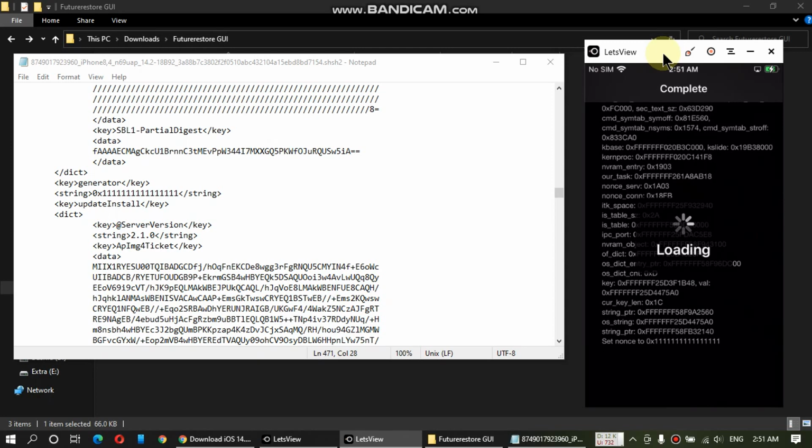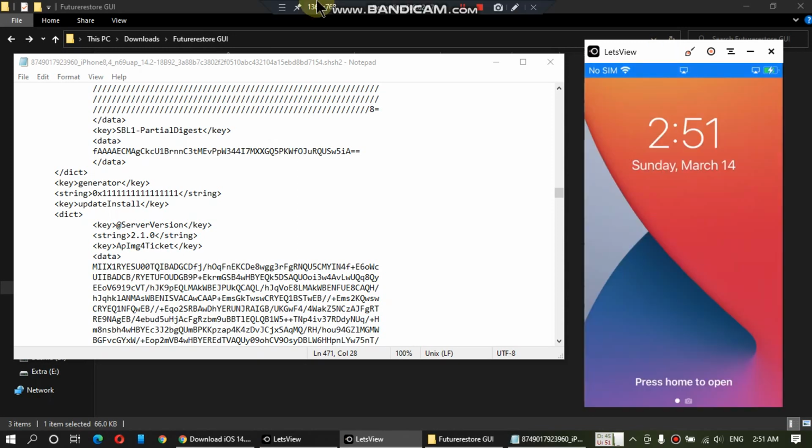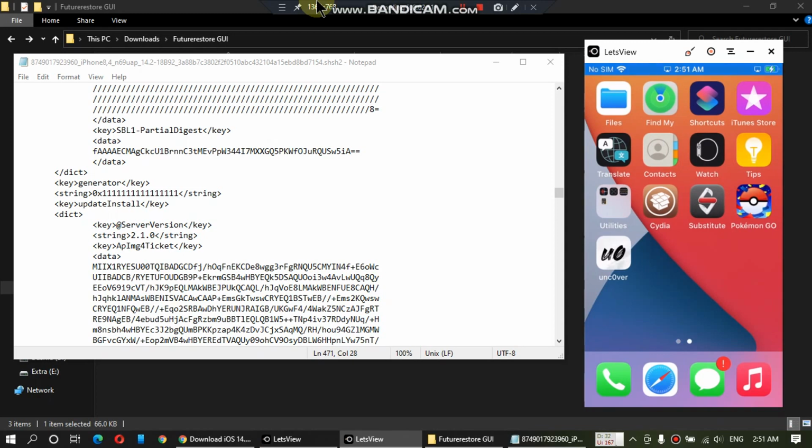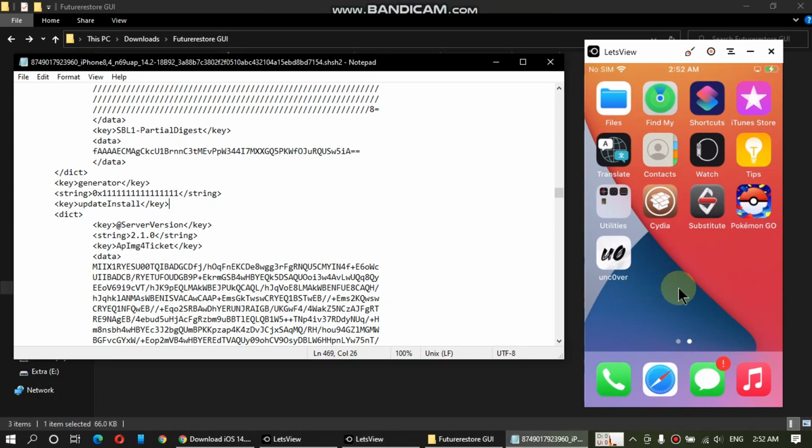Restart Springboard. So you are good to go, the generator is set. If you want to see the full guide that you can use to downgrade using the checkra1n jailbreak, please see the link in the description.